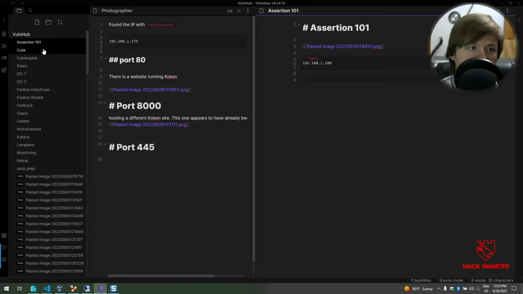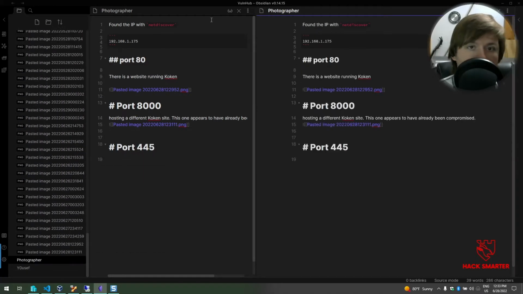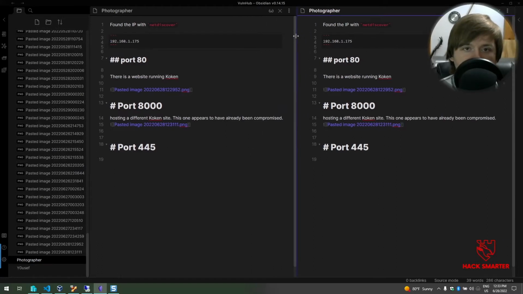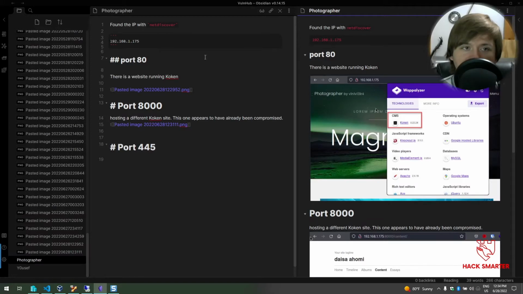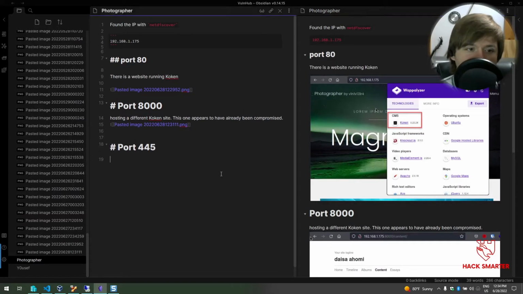So we can have photographer. Let's click here and we'll navigate to the photographer notes. Where, oh where? Of course it's going to be down below all these. So now we have the same notes open on both. We can go link with pane, and we'll link it to this pane, and then in one of them we'll have the rendered view, and in one of them we'll have the editing view. And then when we scroll, the scrolling is locked. I mean, as locked as it can be. Obviously these pictures are expanded over here, so the scrolling ratio is just a little bit different, but it works pretty well once you get a